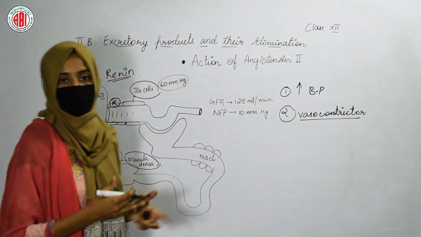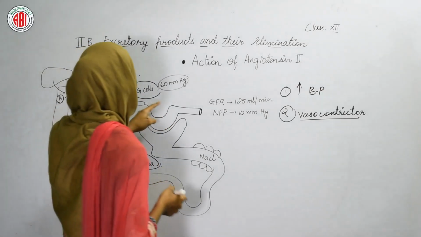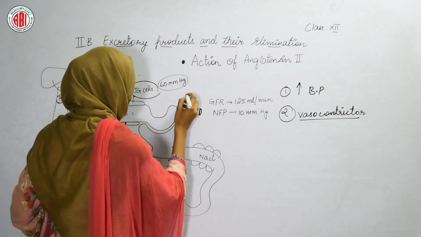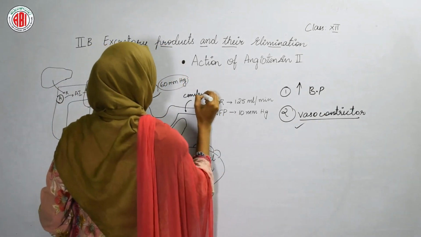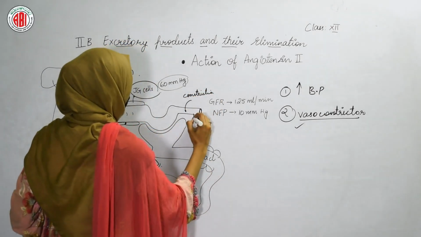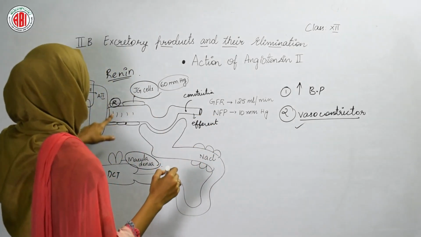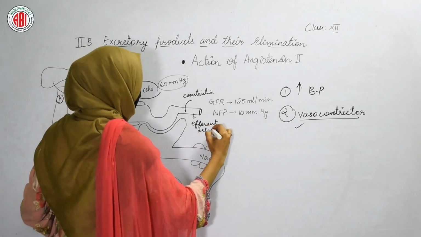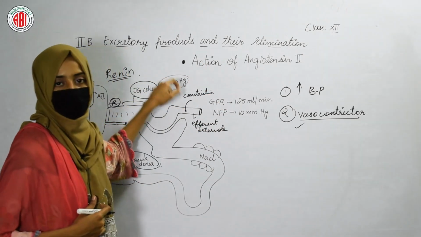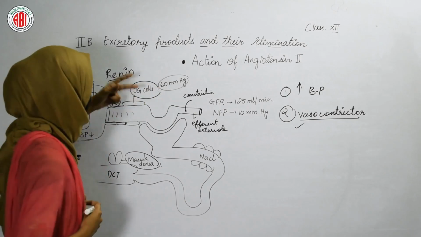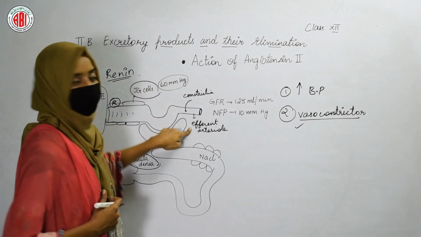Angiotensin II flows into the blood, and when the blood reaches the glomerulus of the nephron, angiotensin II starts its function. As it is a vasoconstrictor, it starts the constriction of the efferent arteriole, and we know that the efferent arteriole has a lesser diameter when compared to the afferent arteriole. When angiotensin II constricts the efferent arteriole, the diameter gets smaller and smaller, and the blood cannot flow easily out through the efferent arteriole.